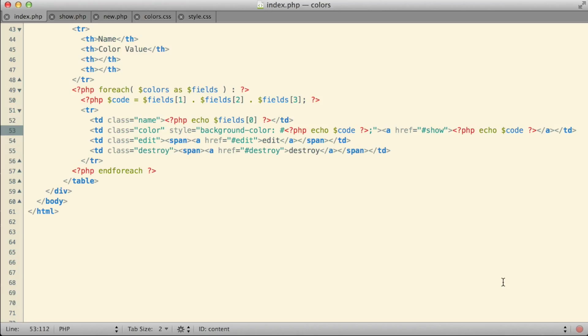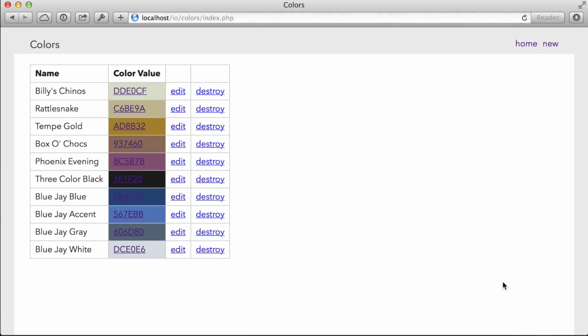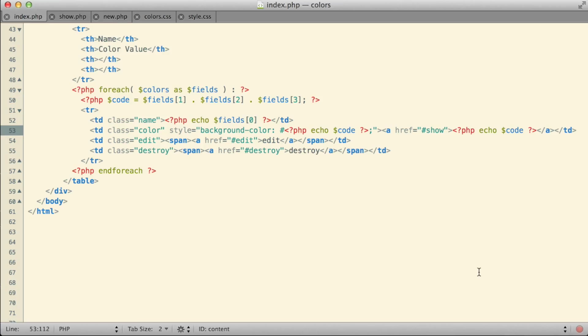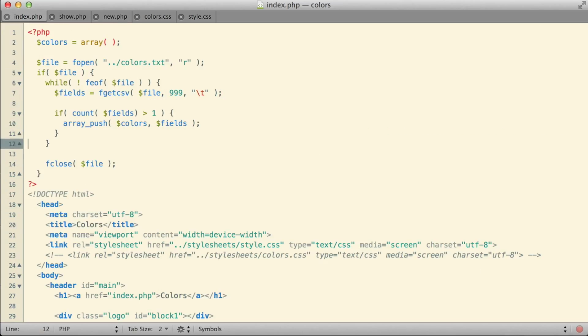All right, with all of that extra added, let me just peek at it in the browser here real quick. Over in the browser, I hit refresh. It fills in what I'll call my show links, my edit links, and my destroy links, which presently don't actually go anywhere. Over here in the corner of my application, I already have a link that's set up that brings me back to this page, and a link that will take me to the new page when I get that created. So that's all in place. The only other thing maybe this needs is a little bit of CSS. I actually already have a CSS style sheet that I created for this little mini project. Let me go ahead and drop that in.